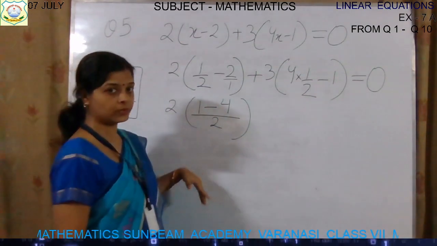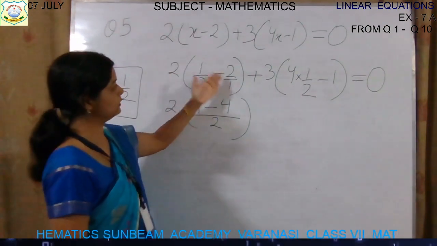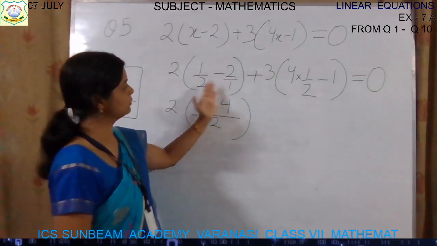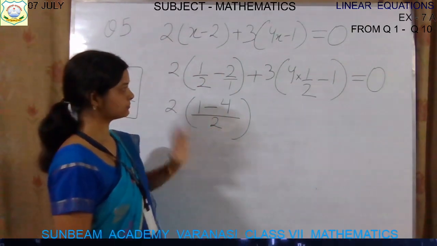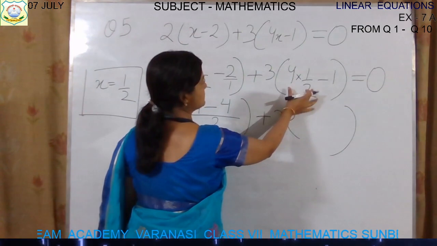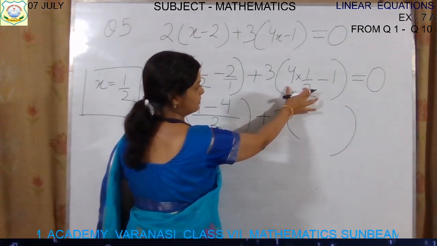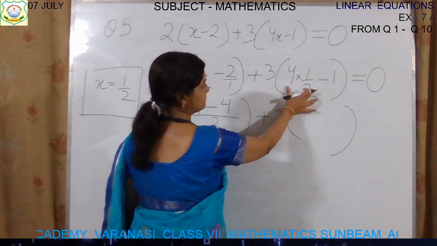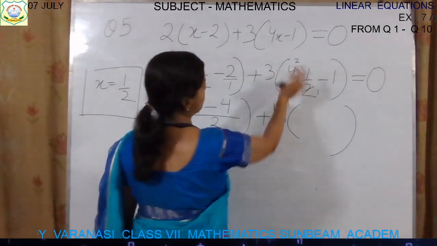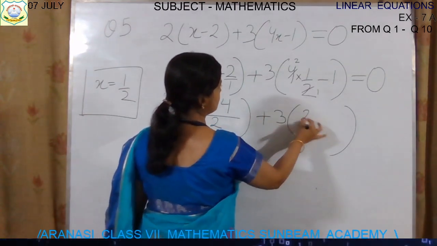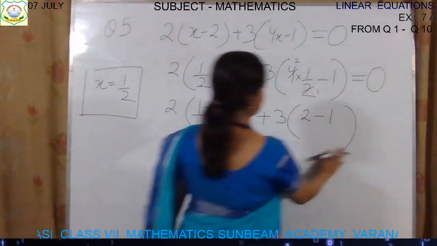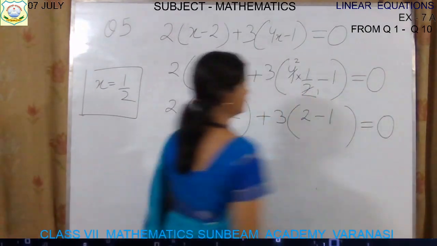I am solving it in a quicker way, so I have cross multiplied. 1 into 1 is 1 minus 2 into 2, 2 2s are 4, and then 2 into 1, that is 2, plus 3. Now here this is in multiplication, so you can simplify. It is in multiplication, so you can directly simplify here that 2 1s are 2 and 2 2s are 4. Okay, so what is left? 2 into 1, 2 1s are 2, minus 1. Only this much portion is left and then is equal to 0.